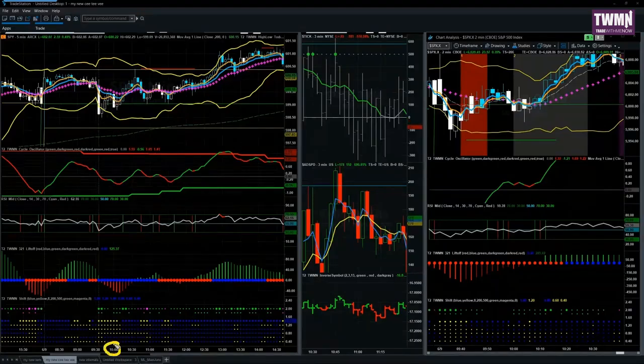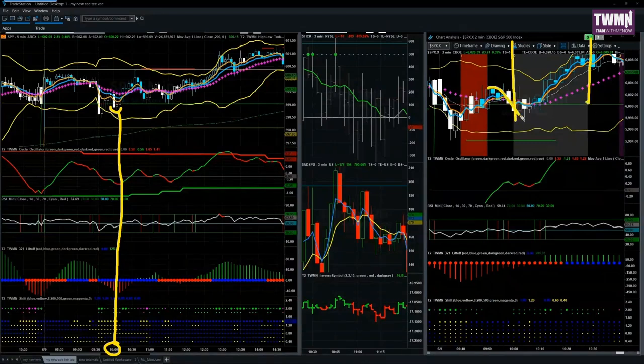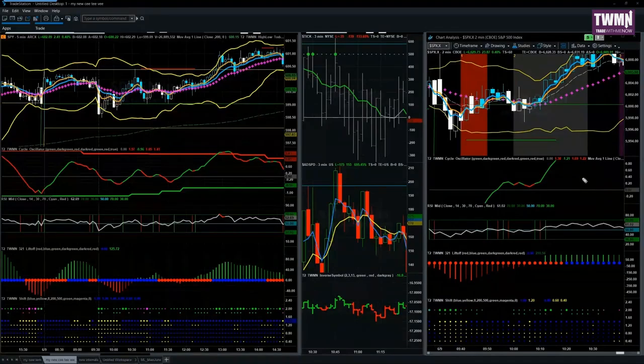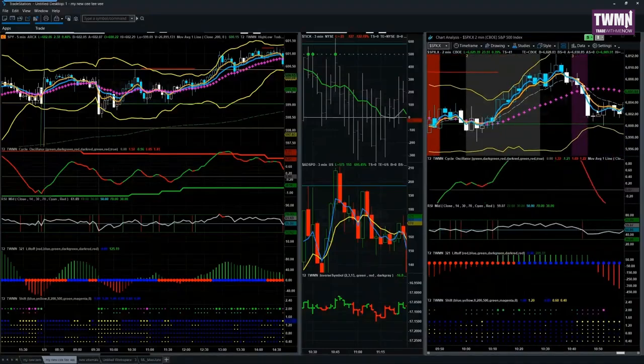So the next move is the 10 o'clock reversal right here. 10 o'clock reversal. This is how we trade. We trade time of day zones. That's the beginning of the zone. That's the end of the zone. And look, boom, boom, like clockwork, right on time. Everything in alignment for this trade. If you followed the rules in terms of trading this thing to the upside,